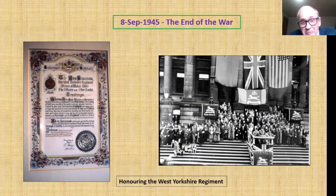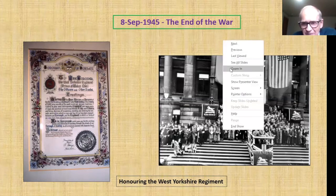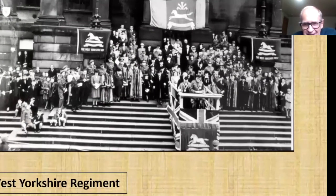As we know, the war ended on the 15th of August 1945 with VJ Day, and there were celebrations in the town for that. But there were also some bigger celebrations on the 8th of September 1945 with the town hall as the focal point. You can see the town hall steps there. I think if we zoom into it, you can see the